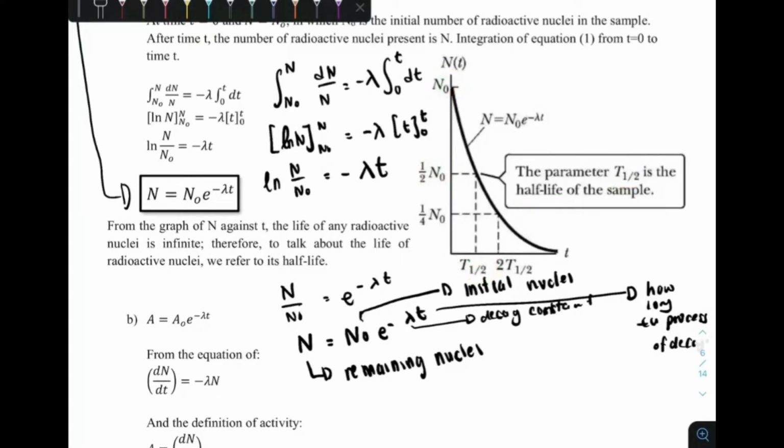It means that whatever nuclei you have initially, if it wants to decay to half of its initial value, it must take one half-life. The time it takes is this T half-life. And then from half of your N naught, if it wants to disintegrate another half, which becomes 1/4 of the initial here,